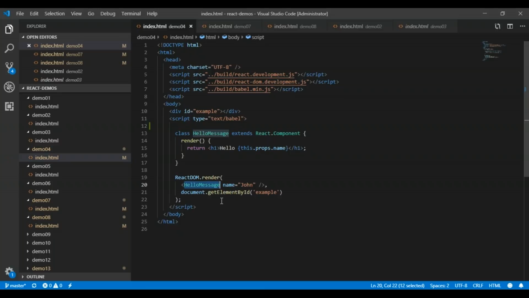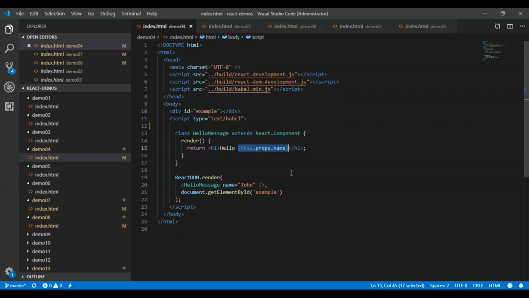In the HelloMessage component, I am passing a prop with the attribute name, equal to name, and its value is John. Now in HelloMessage, it is returning hello this.props.name. As I mentioned while talking about props, this is how you can access the prop: this.props.attribute name. Please remember how you can access it.